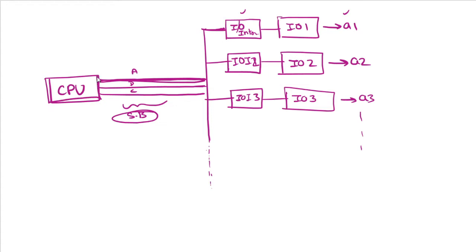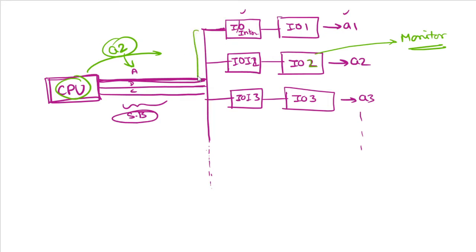Now, whenever CPU wants to communicate with IO devices, what it does is it sends the address. For example, it wants to communicate with IO device 2. This is, for example, the monitor. So if it wants to communicate with IO device 2, it will send the address A2 via the address line, and this address A2 will go to